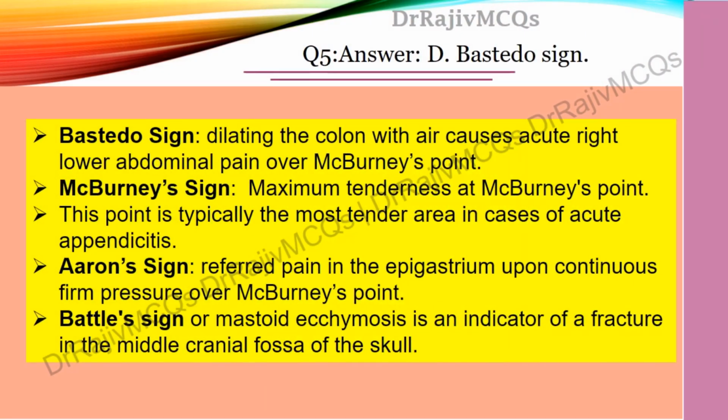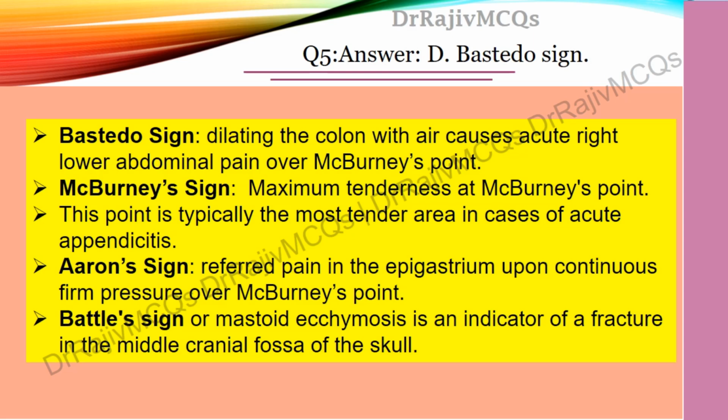The correct answer in question number 5 is option D. Bastedo sign is an obsolete sign of chronic appendicitis. It involves dilating the colon with air, which causes acute right lower abdominal pain over McBurney's point. McBurney's sign is characterized by tenderness at McBurney's point. This point is typically the most tender area in cases of acute appendicitis. When pressure is applied to McBurney's point, patients with appendicitis often experience significant pain, which can help in diagnosing the